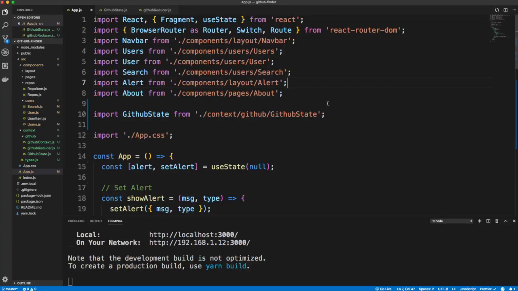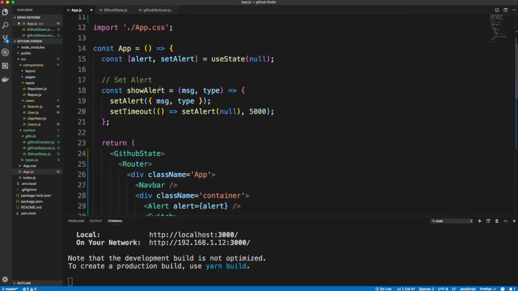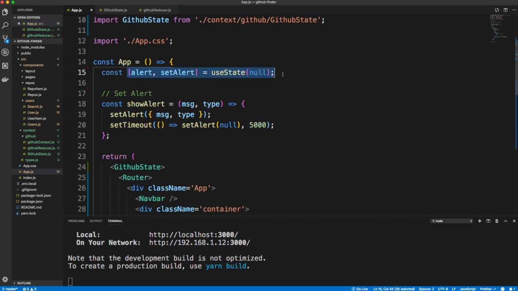All right, guys, so now we just need to take care of the alert because remember we have an alert state in our app.js. Now I'm going to actually make a whole new context for alert, and it's not going to be much. We only have this one method, we only have this one piece of state. However, this gives you an idea of how you can break your global state up into resources. If you have blog posts, if you have products, things like that, so you don't have to squish everything into one single context. So in my context folder, I'm going to create a folder called alert, and I'm going to